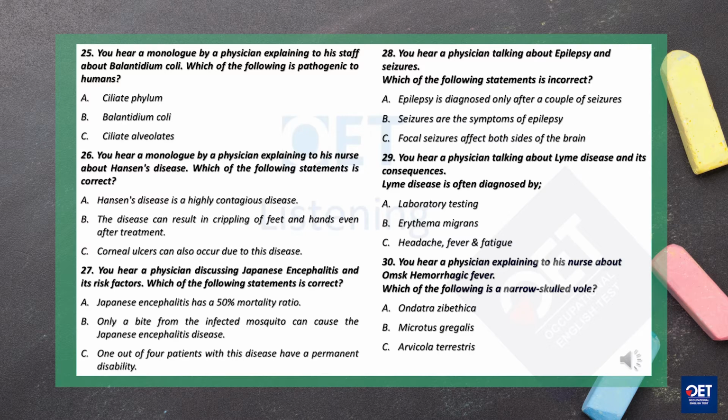Hansen's disease is caused by slow-growing bacteria called Mycobacterium leprae that affects the nerves, eyes, skin, and nose lining called nasal mucosa. The disease can be cured with early diagnosis and treatment. Hansen's disease was once considered a highly contagious and disastrous disease. However, today we know it doesn't spread easily and there are effective treatments. If left untreated, the nerve damage can result in crippling of feet and hands, blindness, and paralysis.